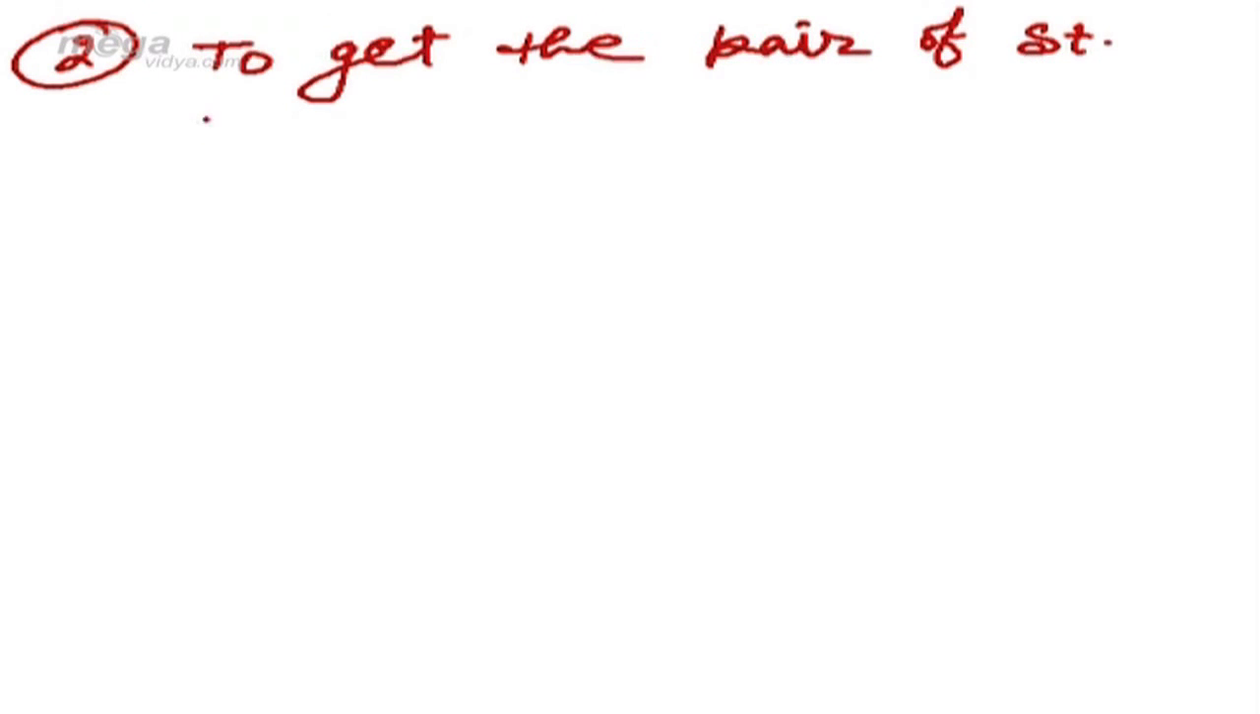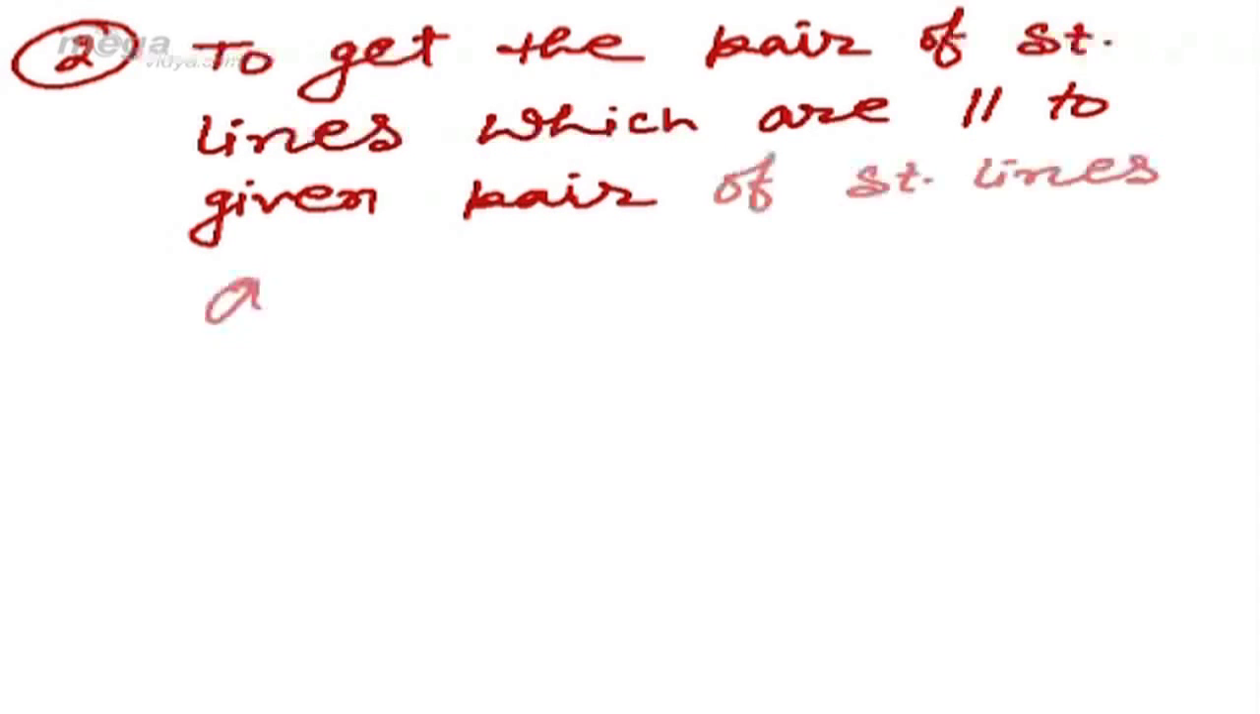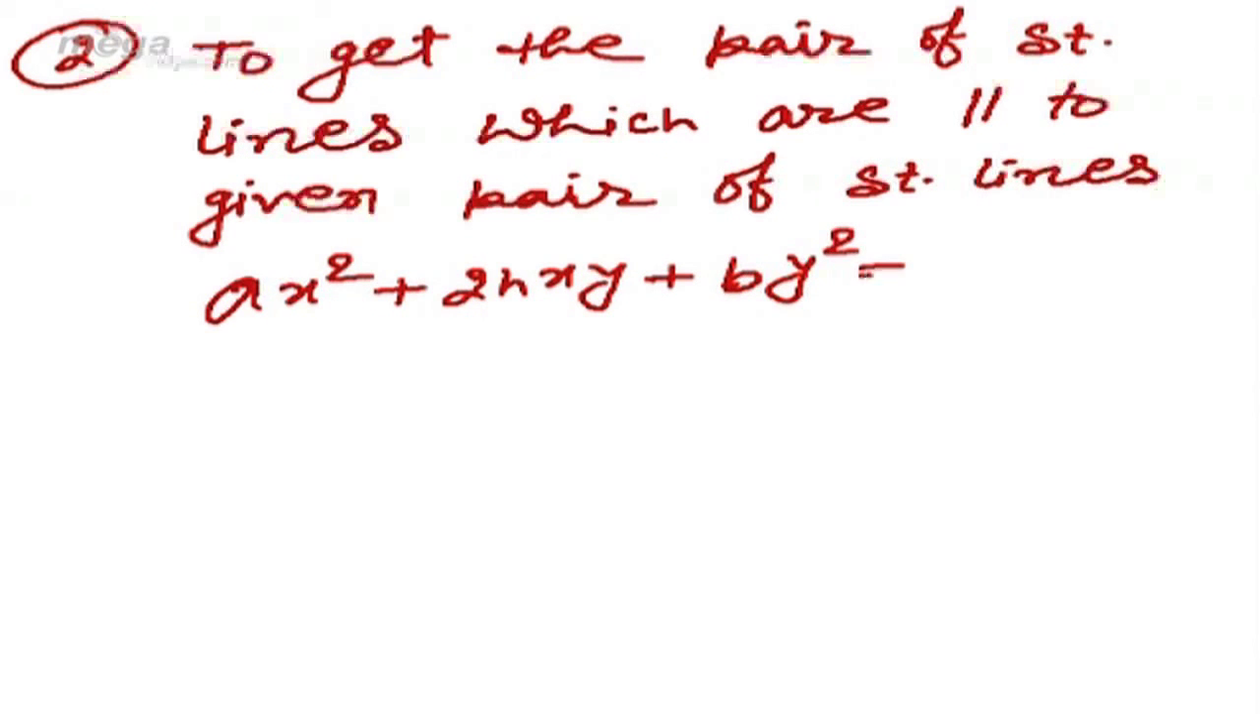Now the second point is, to get the pair of straight lines which are parallel to the given pair of straight lines ax square plus 2hxy plus by square is equal to 0, what we will do is we just write the same a and b, but we will change the h. So it will be ax square